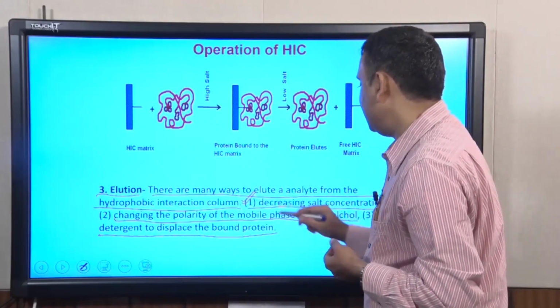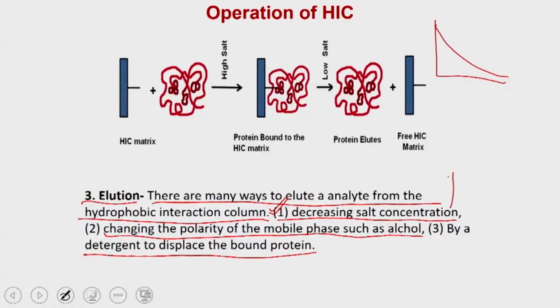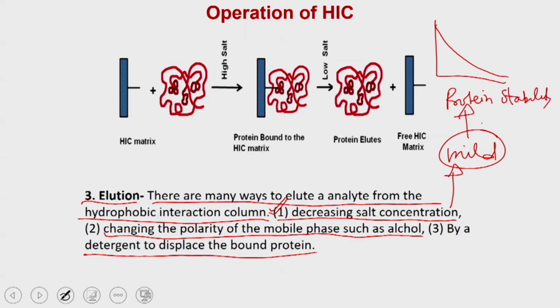The method number one, which is decreasing the salt concentration, is actually the mild method, because that is not going to affect the protein's stability or the protein's activity. But apart from that, if you use the alcohol method, it is going to be very harsh and it may destroy the activity as well as the three-dimensional structure of the protein, and the same is true for the detergent